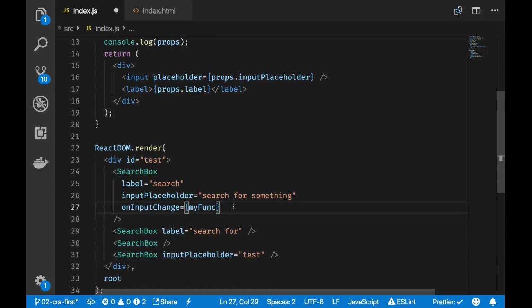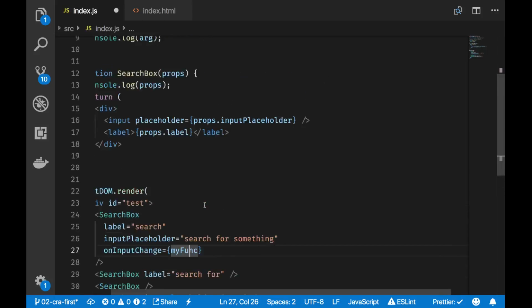I was passing strings here. I can pass a function, I can pass a number, I can pass an object, I can pass whatever I want. It's like a function. You can call a function with a number and string, and it's the same thing here. And inside the components,